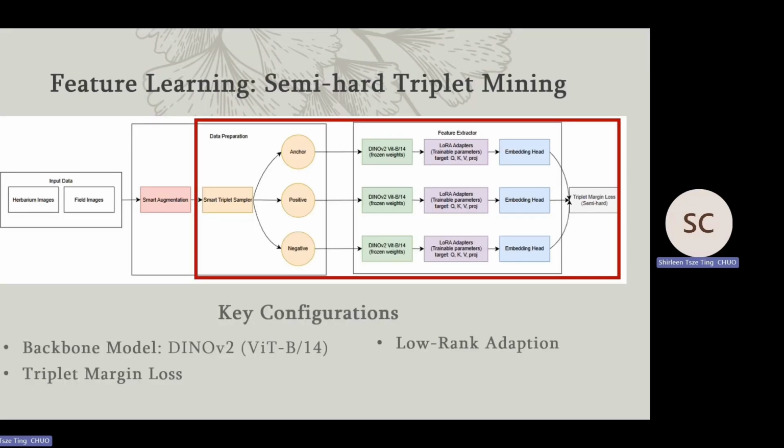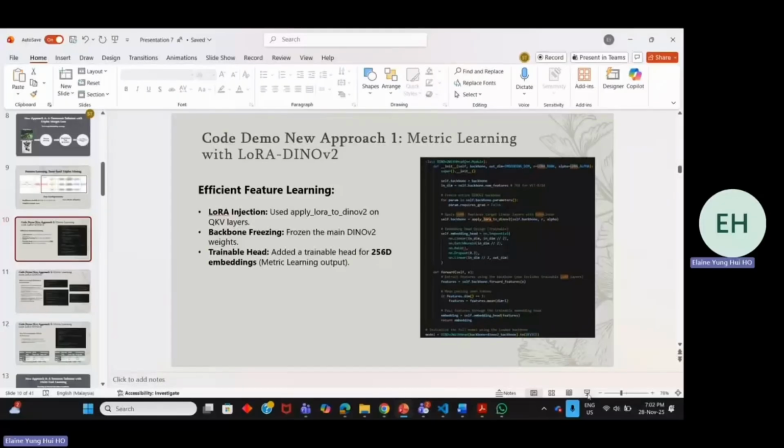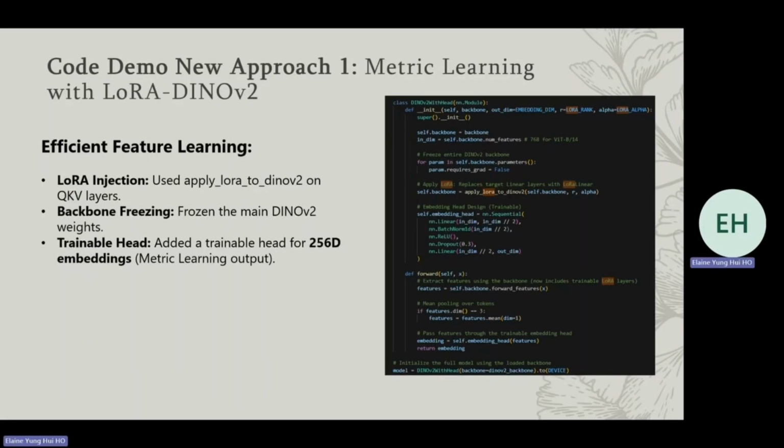For the feature learning in stage 1, after smart augmentation, we tune a LoRA-adapted DINOv2 model using triplet margin loss with semi-hard mining. This trains the backbone to produce a strong discriminative embedding space that separates species based on visual similarity. For new approach 1, we use metric learning on top of a LoRA-tuned DINOv2 backbone. We inject LoRA into the QKV attention layers while keeping the main DINOv2 weights frozen. We also add a small trainable head that outputs 256-dimensional embeddings, which are used for metric learning instead of direct